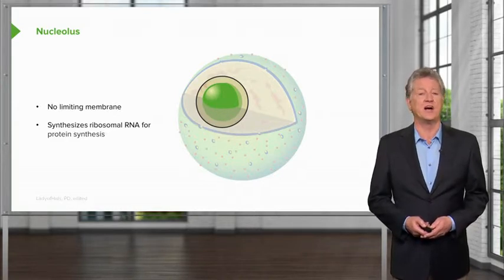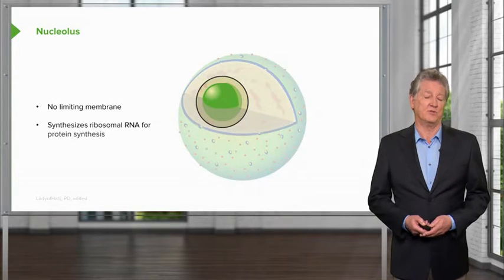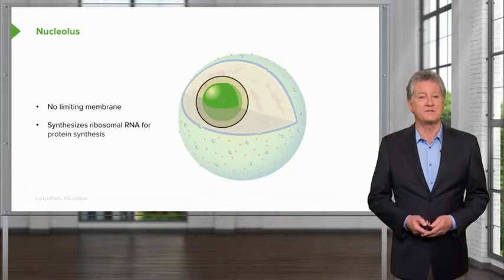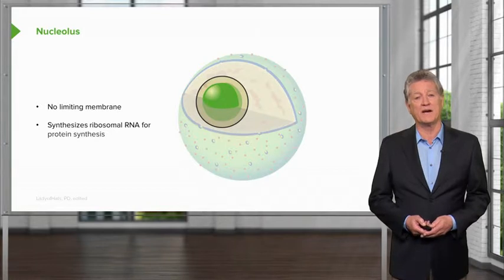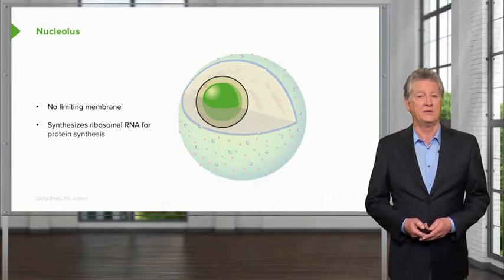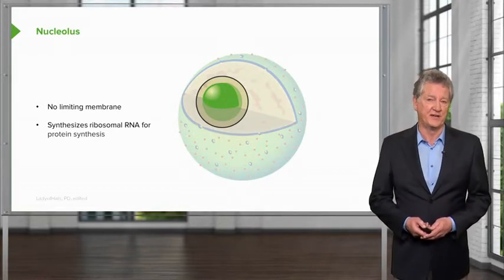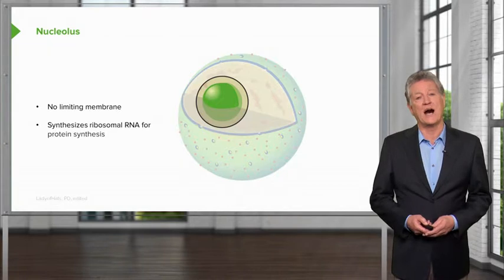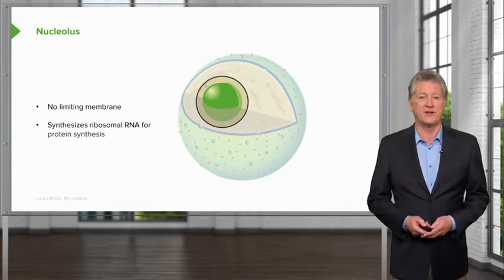It's basically 85 to 90% protein, and the rest is RNA and DNA, all designed to synthesize ribosomal RNA, which is essential for carrying out protein synthesis. And again, that ribosomal RNA has to pass from the nucleolus out of the nucleus through the nuclear pores that